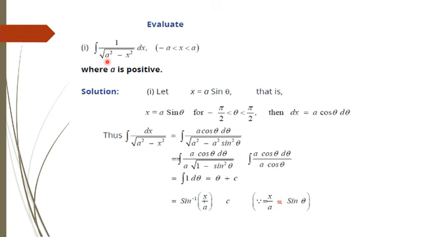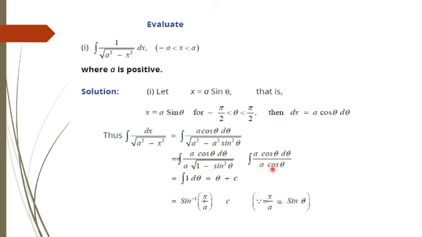Another example: 1 over square root of a square minus x square is sine inverse of x over a. How? Let x be equal to a sine theta, over the domain minus pi by 2 to pi by 2. Taking the differential, dx is equal to a cos theta d theta. Replace the values, taking a common from the denominator and applying the square root, we have a times the square root of 1 minus sine square theta, and we know that 1 minus sine square theta is cos square theta, which cancels with the square root.